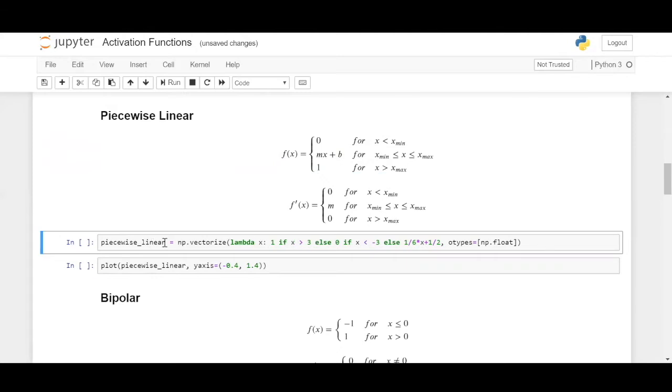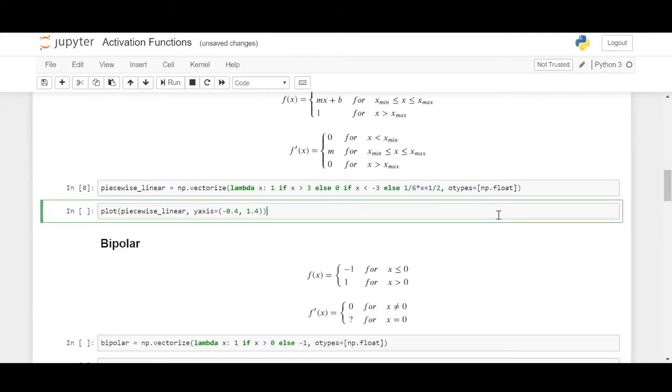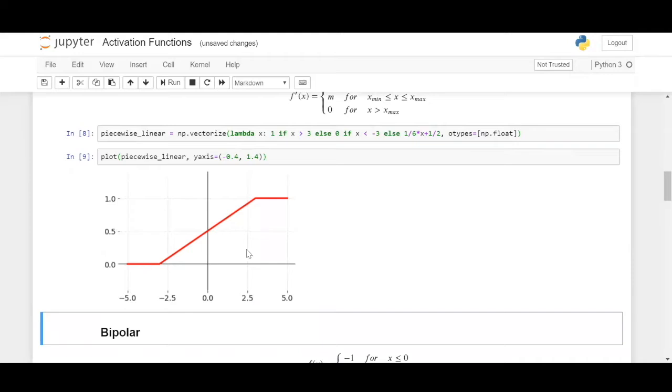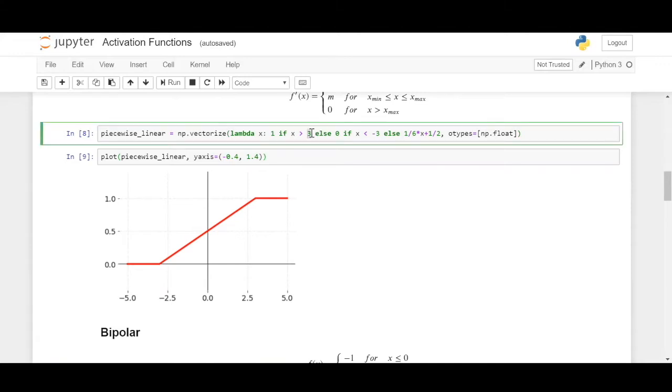So let us just define this activation function. So there is a definition of this activation function. You can also import an activation function by using from keras.activations import followed by the activation function's name. But here we are just defining the function from scratch so as to get a clear idea as to what is happening. And here we just plot out the graph. Now can you see this? So this one is between x min and x max, where x max is 3 and x min is minus 3.